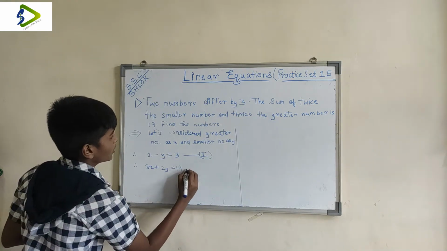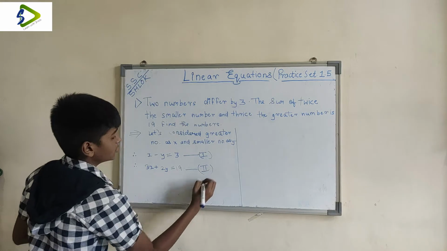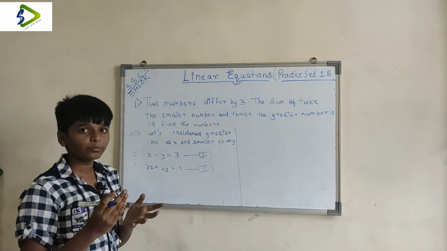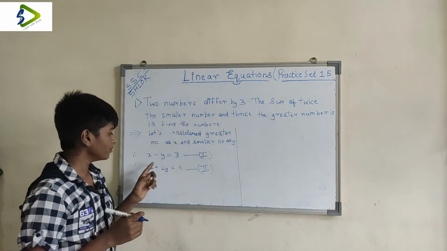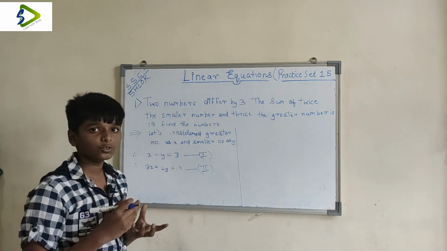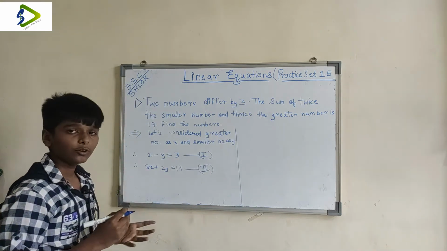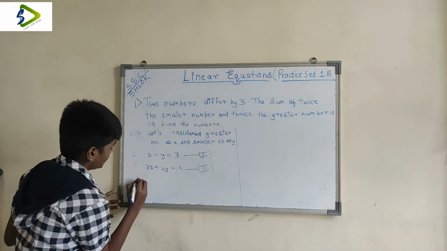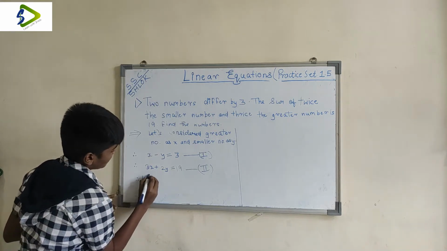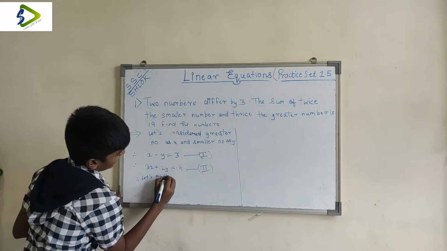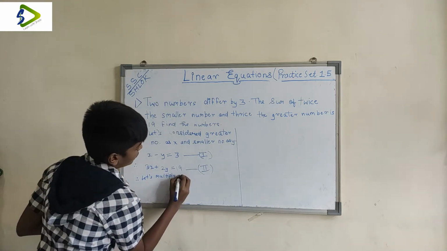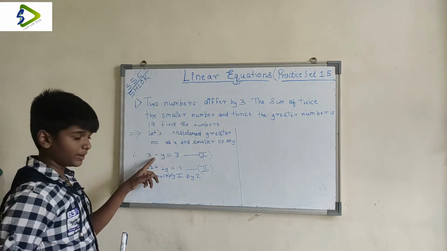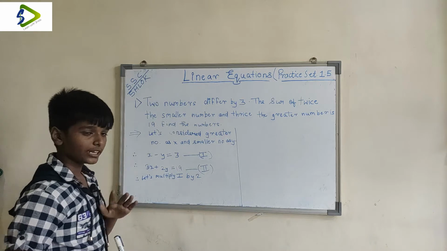Now we have to find x and y. We have the first and the second equation, so it is just the typical 1.1 or 1.2 that we did. Here we either have to add or subtract, but we cannot add or subtract directly because we do not have the same coefficient. So first we multiply equation 1 by 2. Why? Because if I multiply by 2, I get 2y and we can cancel them.